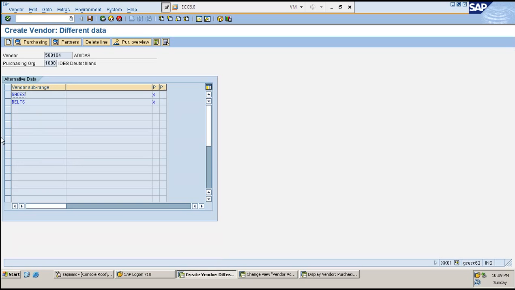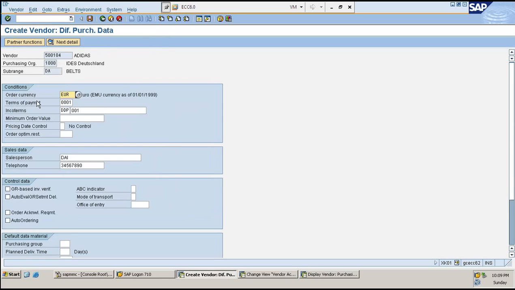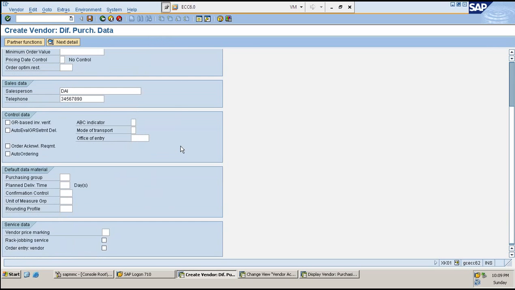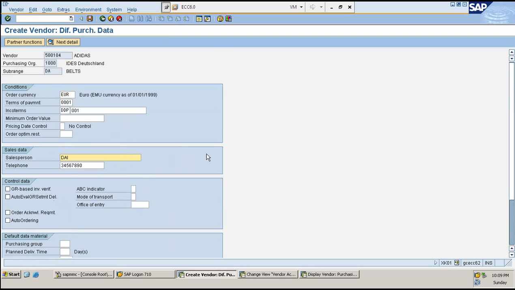If we are creating this subrange, for example, if I'm going to send a purchase order to Adidas, will this subrange also be mentioned in the purchase order? Definitely yes. What happens is a mail will be shot across to this vendor, and even to this. In case an email address is added, it will be looped across directly to this. So all the transactions will happen with this reference only. Everywhere. Okay. Yes. It's going to happen in that way.